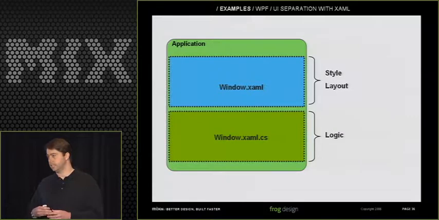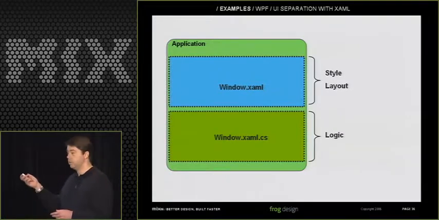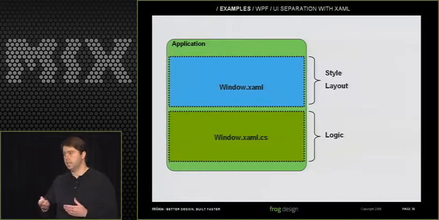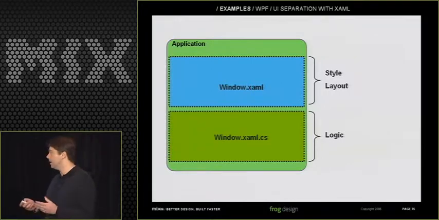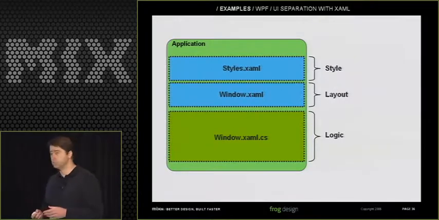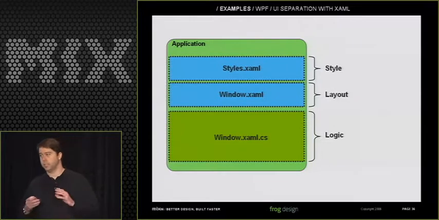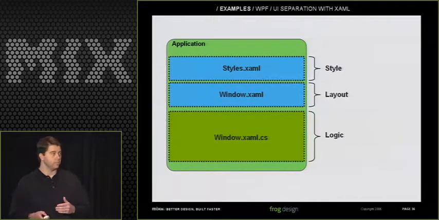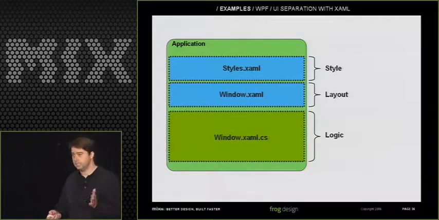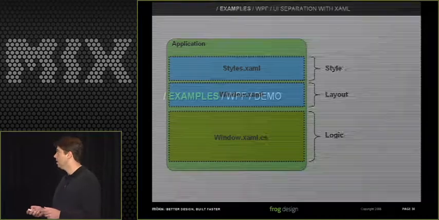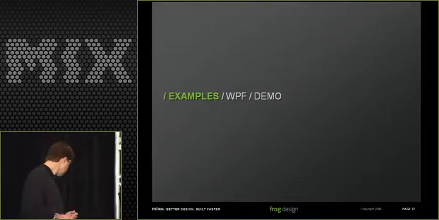You can have someone that can generate XAML code, and so a typical approach is that you have the style and layout included in the same file or sets of files, but there's an additional approach where you can separate that out, where you can have your styles for your controls in a separate layer and share those across applications. And that would be apart from the layout, similar to the CSS example that we looked at before. So to show an example of this,